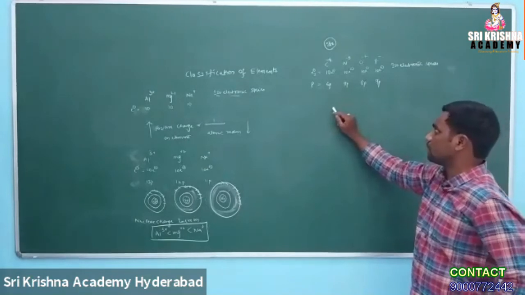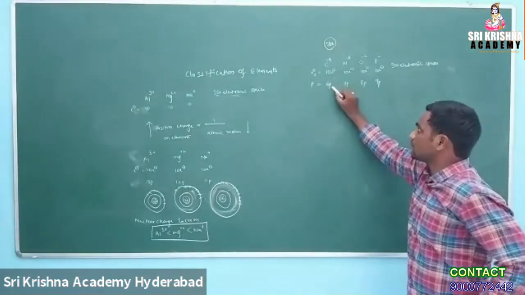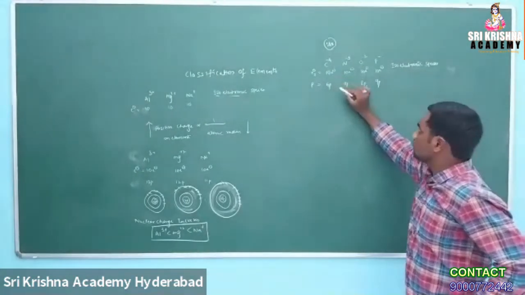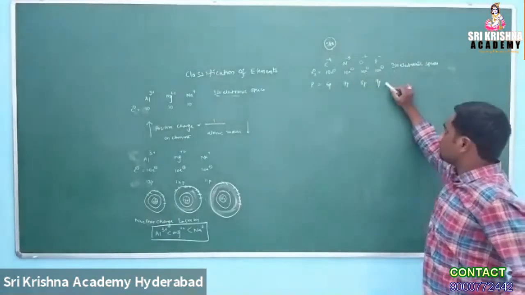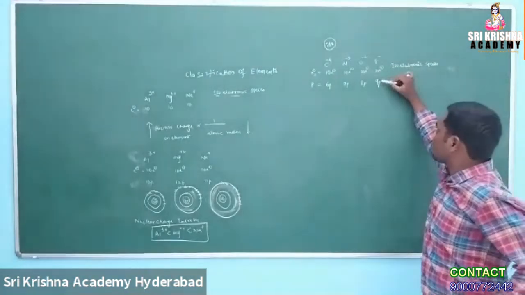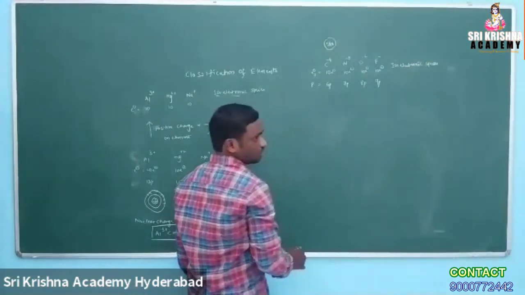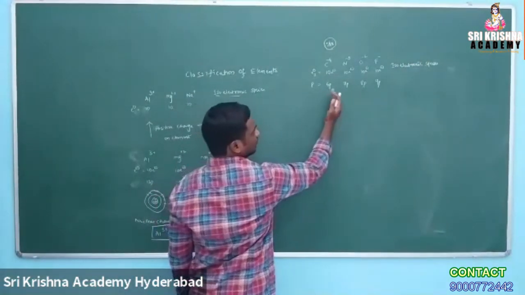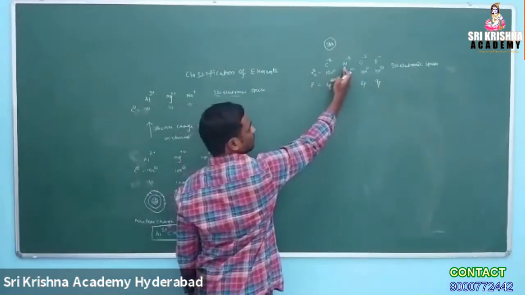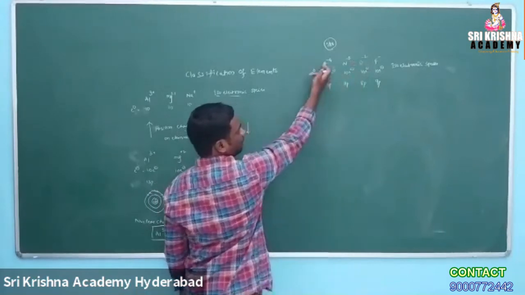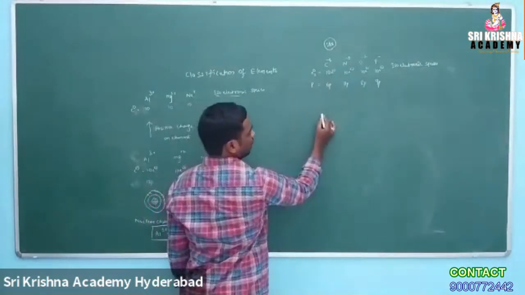Inside the nucleus, 6 protons are there. 6 protons are attracting how many? 10 electrons. So positive charge is less compared to negative charge. 7 protons attracting 10 electrons, 8 protons attracting 10 electrons, 9 protons attracting 10 electrons. So here it is almost similar, 9 protons and 10 electrons means almost similar charge. The number of protons is less for carbon, so from here to here nuclear charge is increasing. For C4- and N3-, attraction power is less. 9 protons attracting 10 electrons means less attraction. So this has the large atomic radius.